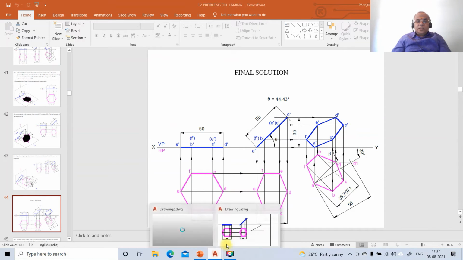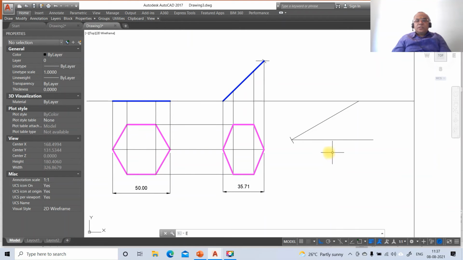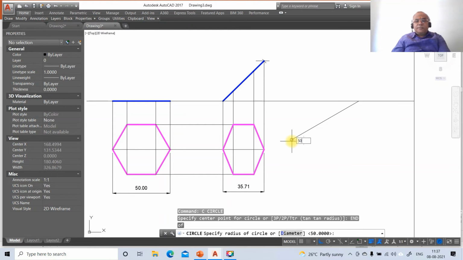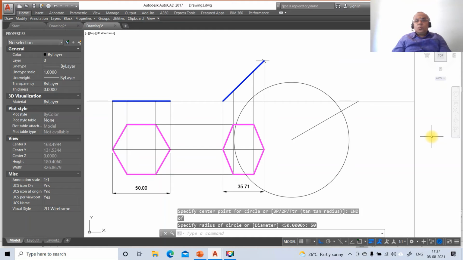Okay, so to do that, here we will just go to erase this. So go to circle, take endpoint of this and take the radius as 50, and then go to line, go to break